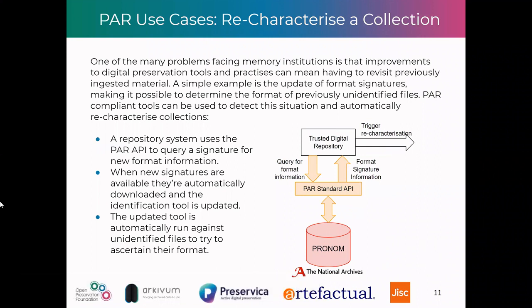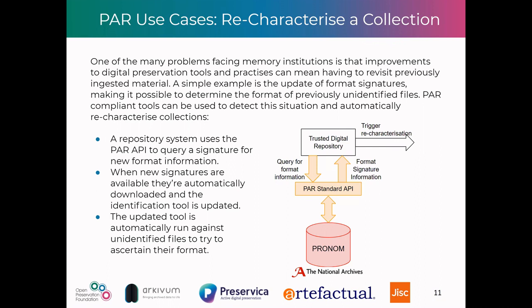Another related use case is to do with the recharacterization of a particular collection. It's a familiar problem in digital preservation that as tools are updated and improved, there can sometimes be the need to revisit collections. In this case, we're really imagining the update of the signature file again. But this would actually provide not just the new signatures, but a trigger to say that the signature file has been updated. There's the potential to identify files that weren't previously identified and to rerun the tool upon a collection, looking at files that weren't previously identified, to see whether the new signatures pick any of